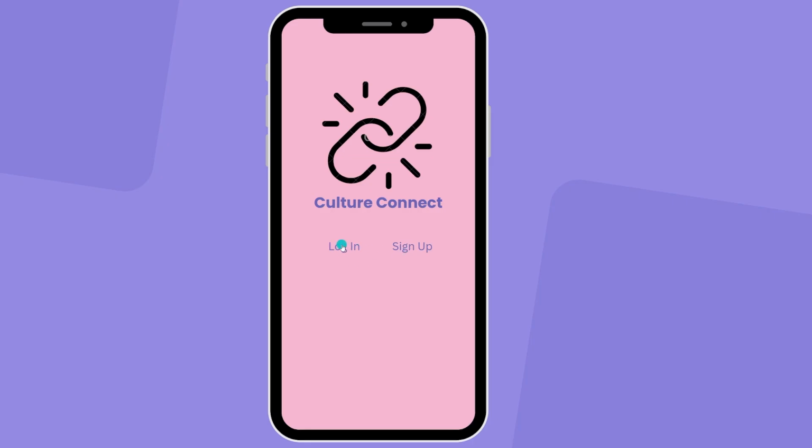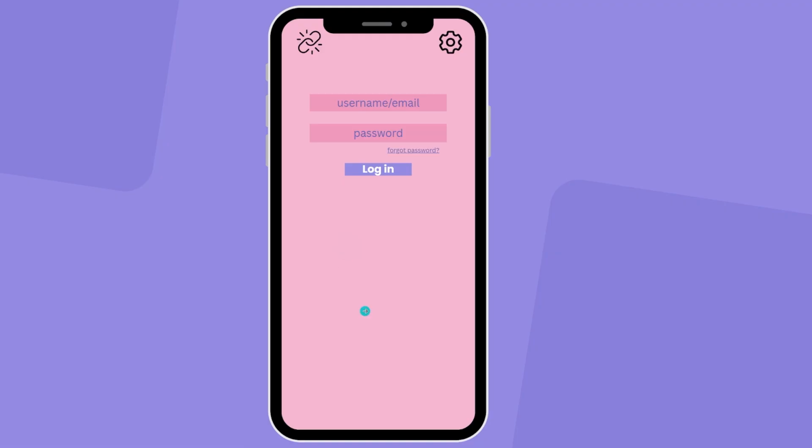Now, if you already have an account, you would log in. If not, you would sign up. Assuming you have an account, just go ahead and click the login here. You're greeted with your username/email, password, forgot password, all just very basic stuff. You have your settings and our app homepage. Assuming it's all autofilled and you know your stuff, you just go ahead and log in, and then you'd be